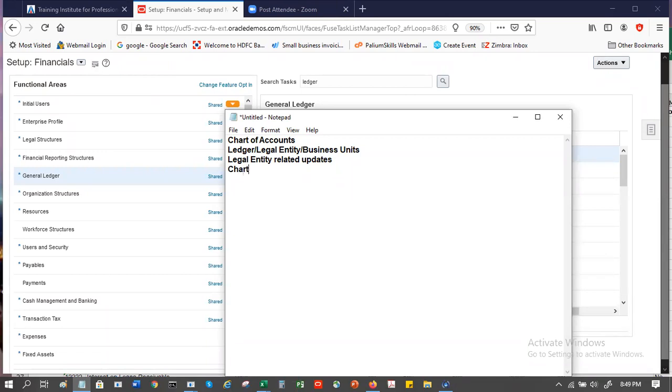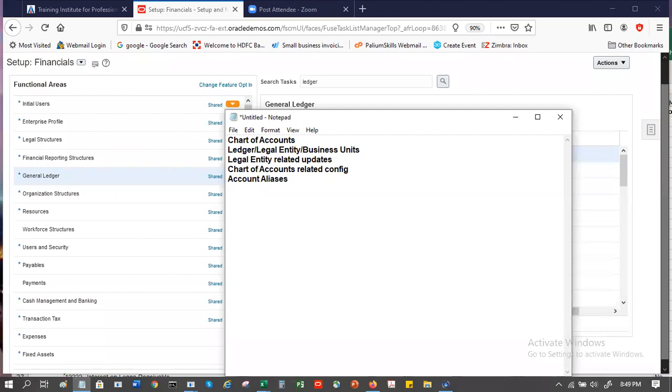From our side, you can put in your chart of accounts related configuration, things like account aliases, right?